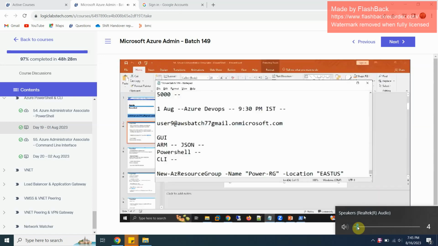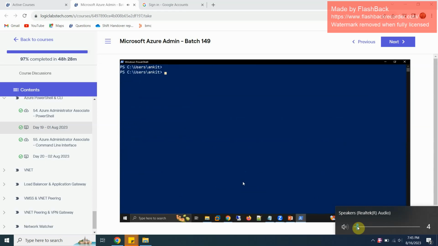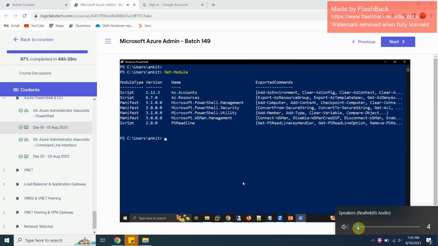So the modules are already installed. Okay. Let me clear the screen. Now I got that particular command also. With the help of this one, we can check the version of the modules which we have installed. The command is called Get-Module. Sorry, this is not the one. We need to give more details here. Get-Module-